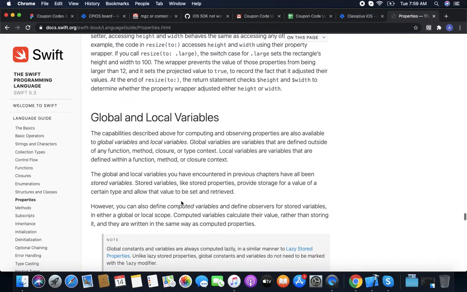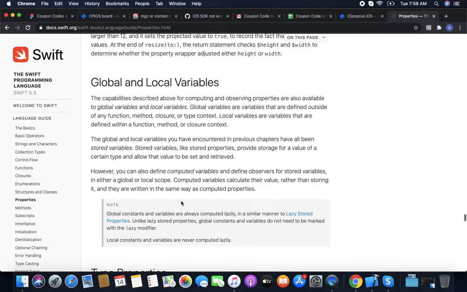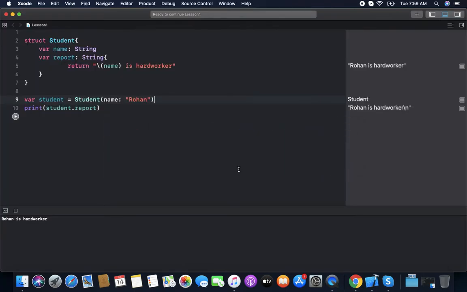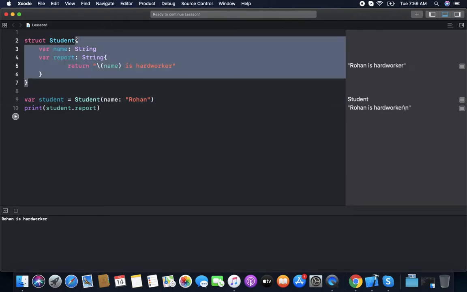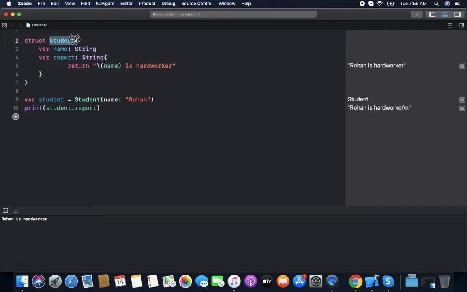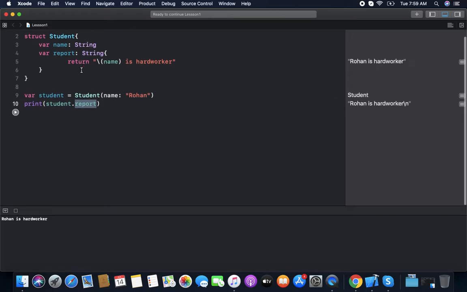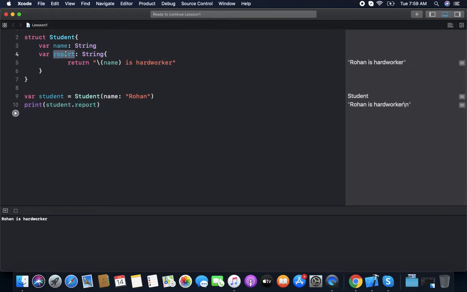Now we have global and local variables. Basically, local variables are the variables which are only accessible within the class. So you can see this, like name is a local variable for this class. We can access it within the scope, or outside the scope we can use the instance variable to access it. But we can't directly access it outside the scope.